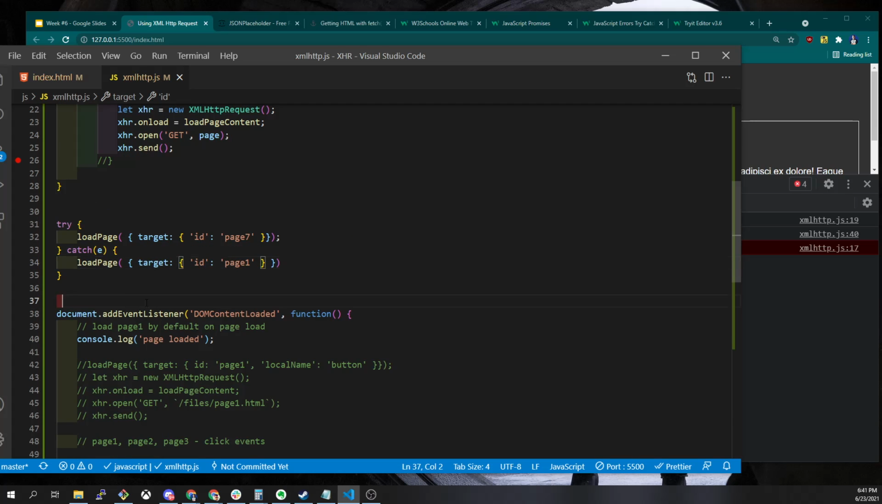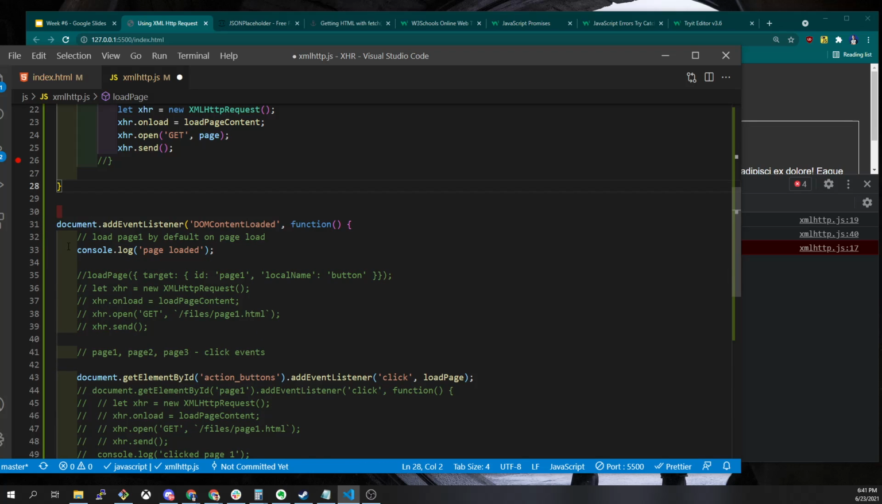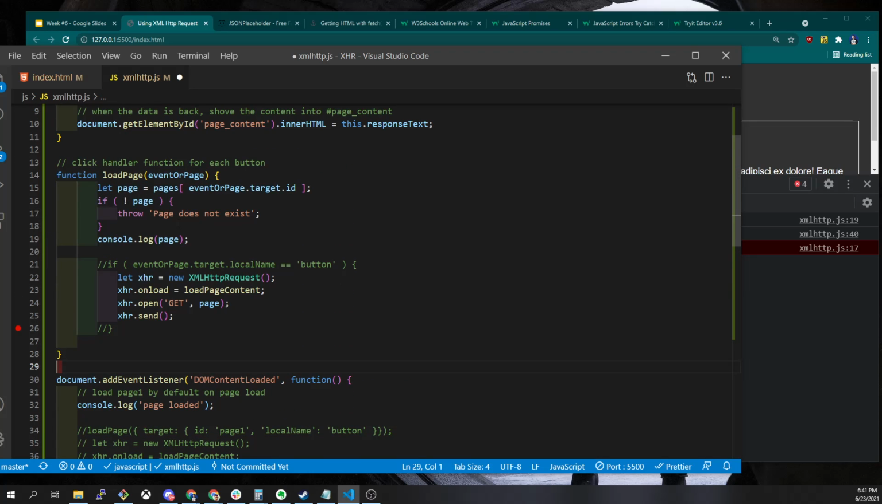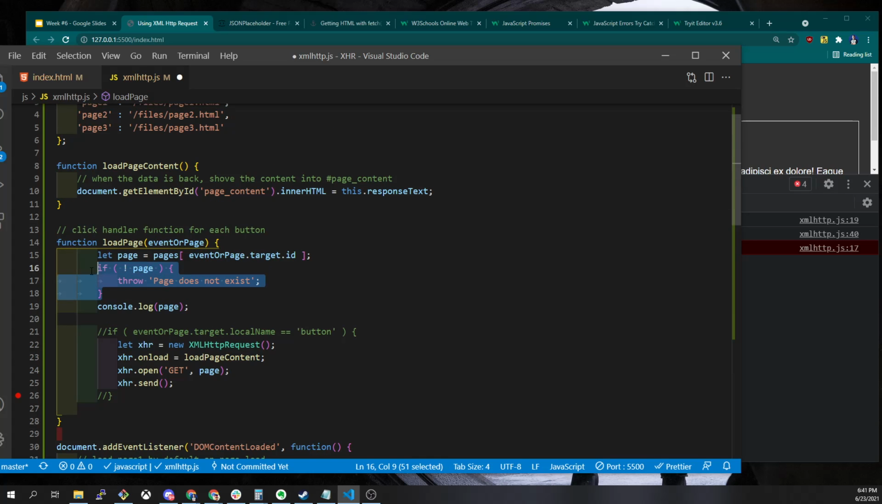So it might be better to write it up here ourselves, right? So we could say, if not page, instead of throwing, we'd probably write it a different way. Okay. Be aware that there is a try and catch block. That's where we're going to leave it today until we get to real world examples later when we're using the backend,